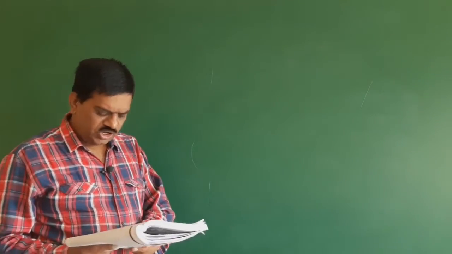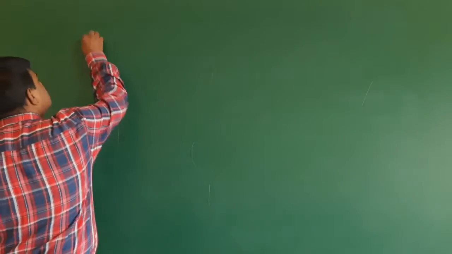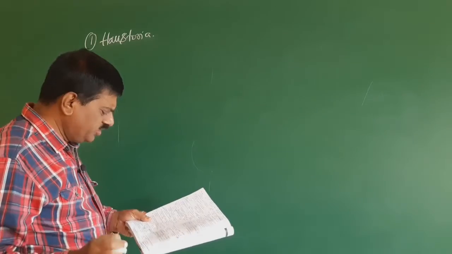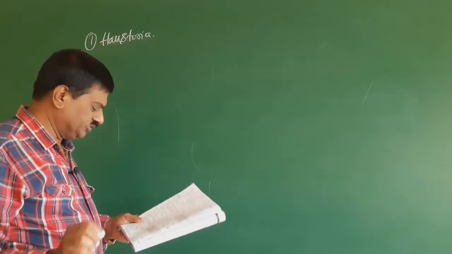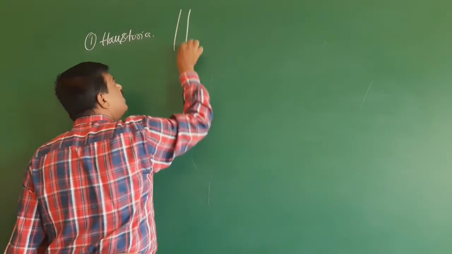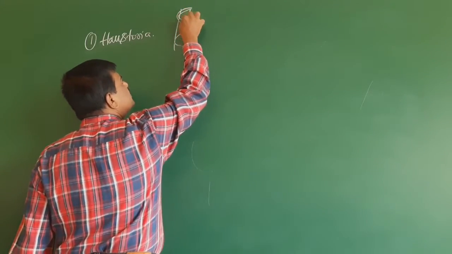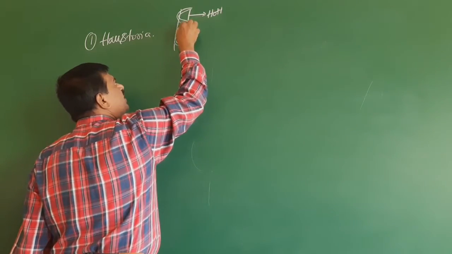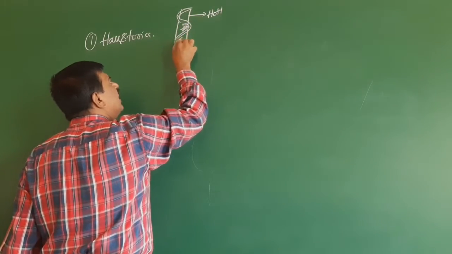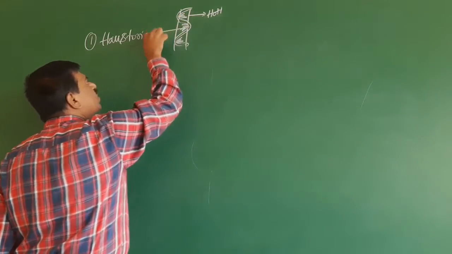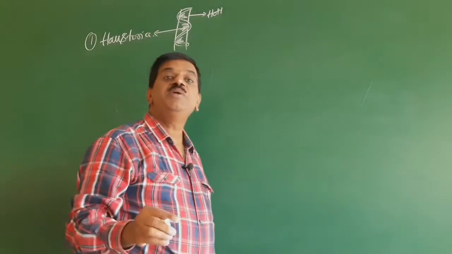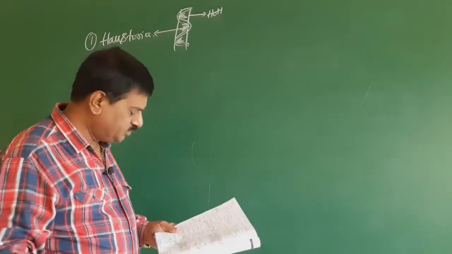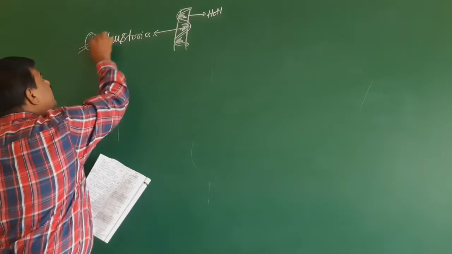First option is Haustoria. So here the word Haustoria is nothing but finger-like projections. So here when you take an epiphytic plant, the plant encircles the host. This is called as host plant. It encircles the host and produces finger-like projections, and these finger-like projections are called as Haustoria. They enter deep into the host stem and absorb the nourishment. So here the first option itself is the right answer.